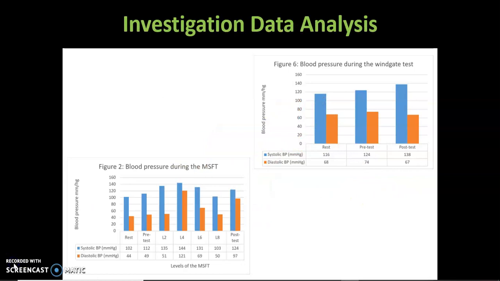Here are the two graphs produced from the investigations that we conducted in our fitness tests, the multi-stage fitness test and the Wingate test. If we look at both graphs, we can see that the blood pressure increased as exercise went on. In the Wingate test, for example, at rest our blood pressure was 116/68, and at the post test it was 138/67, which shows quite a big increase during this test,